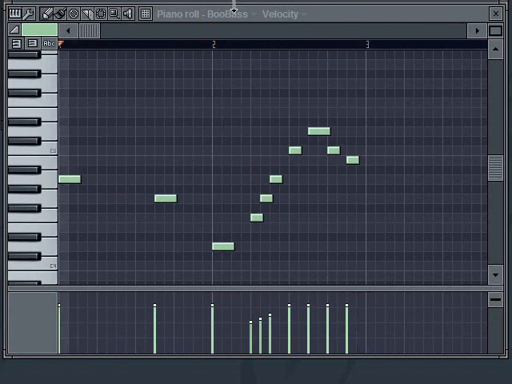Okay, and making fills is really easy if you remember, again, a couple of rules. One, make sure you're in your scale. If you're not in your scale, it's not going to sound good. That's number one. Number two, probably the easiest way to make a fill is just to walk up and maybe